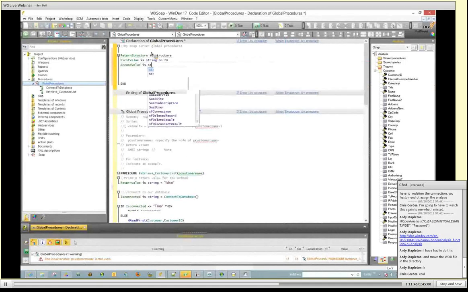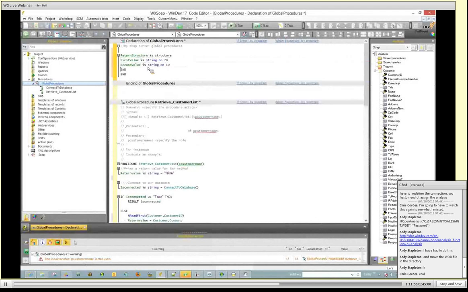Okay, so we're going to return 30 characters. Okay, that's a structure. Now what I'm going to do in my code here is I'm not actually going to